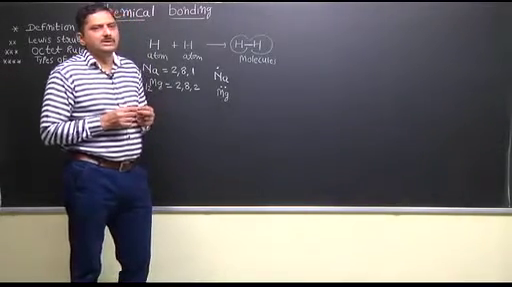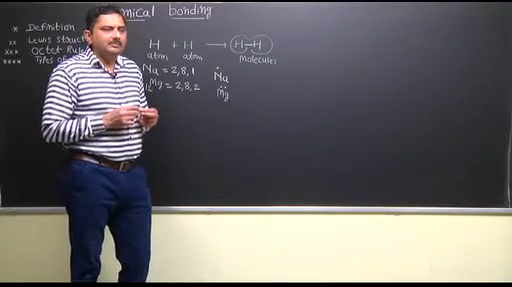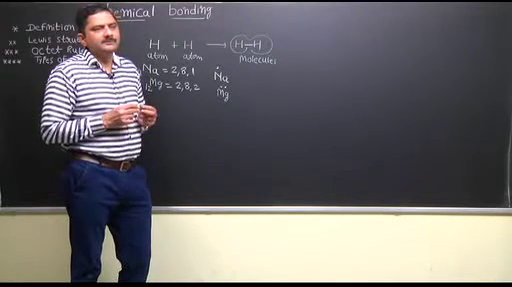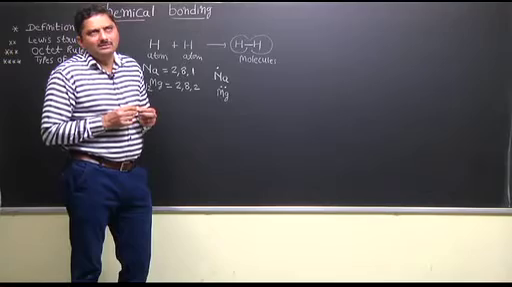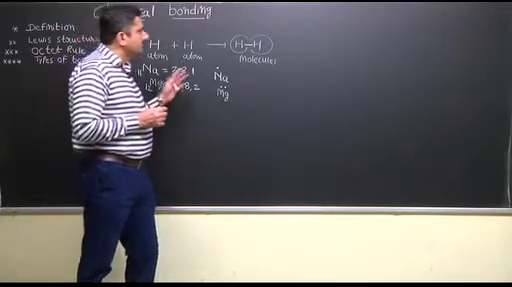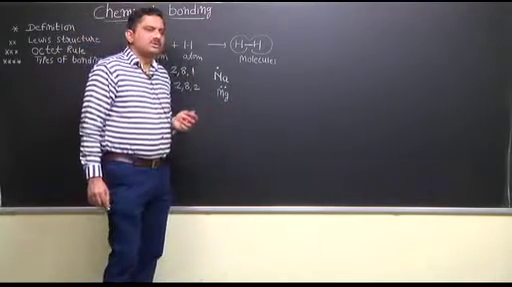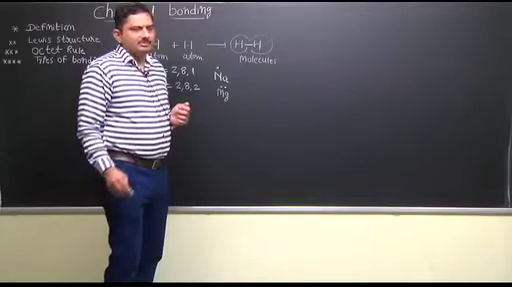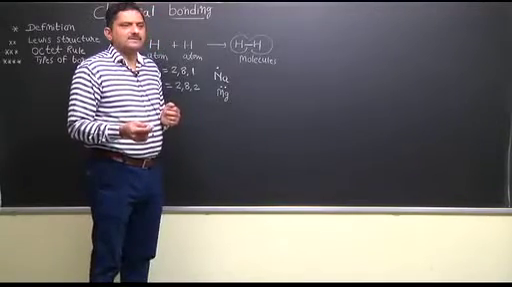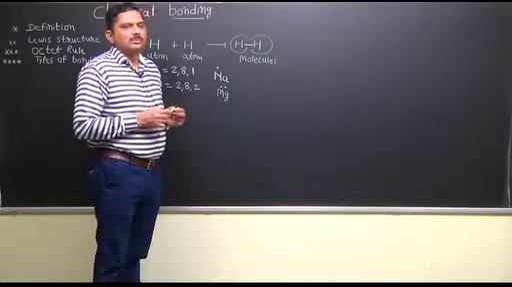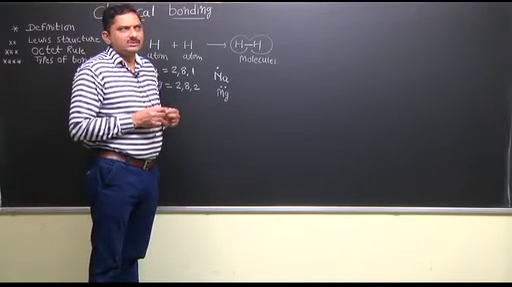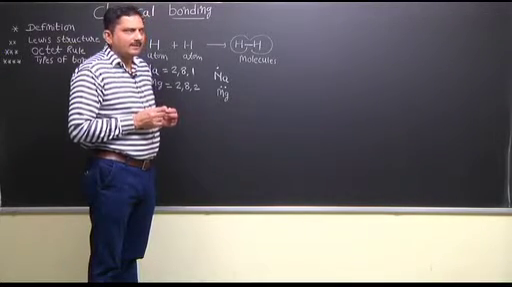Hydrogen, lithium and beryllium complete their duet. So each and every element wants to complete its octet by donating electrons, by gaining electrons, or by sharing of electrons. This is known as the octet rule. For example,